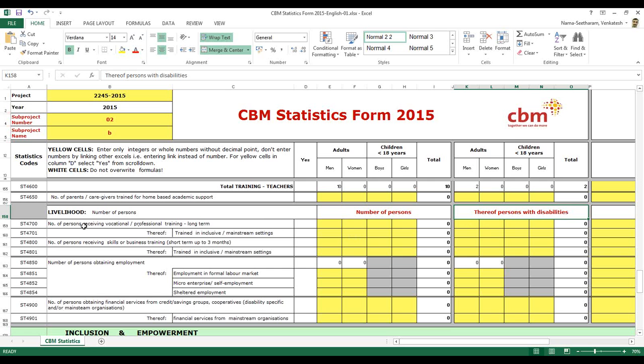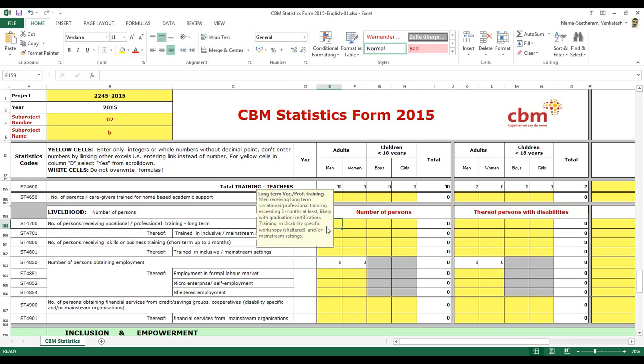And I would just like to mention this rewording was given by the livelihood advisors. If you go to the yellow cell, you can see the description given, for example, for code 4700, number of persons receiving vocational or professional training long term. This is for men receiving long term vocational or professional training exceeding 3 months at least, likely with graduation or certification.